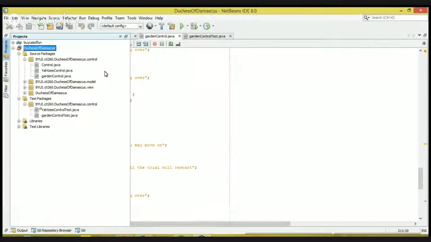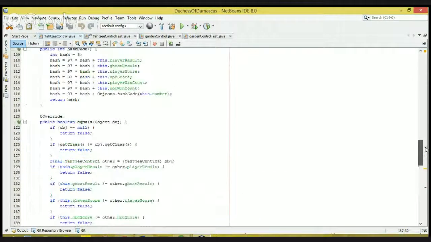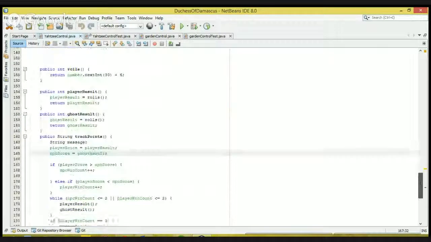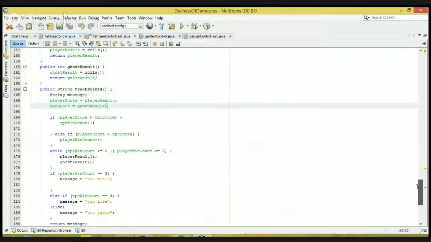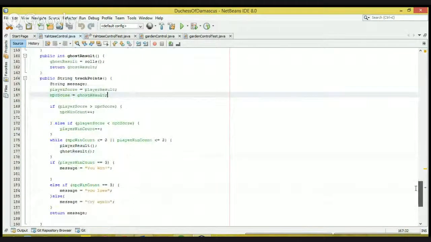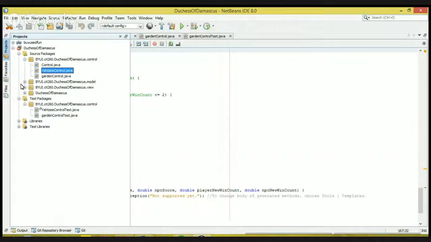Right here is our control. This contains different things for various game components. Right now we're going to have a couple of them. I'll bring you to our Yahtzee control. This is one of the trials that we have. The player is playing Yahtzee against the host. The player rolls, and whoever has the highest roll wins a point. The best 3 out of 5 will win. You'll notice that our control layer takes care of all of the math, all the calculations needed. Whereas our model layer, if we go to that,